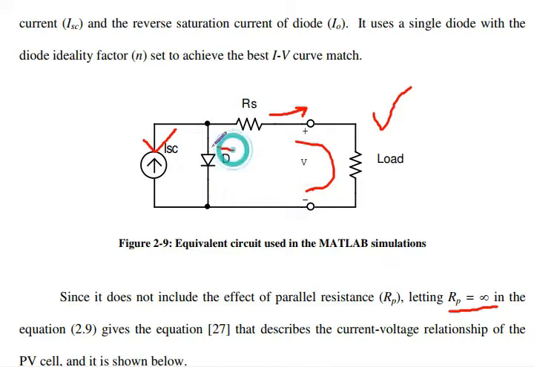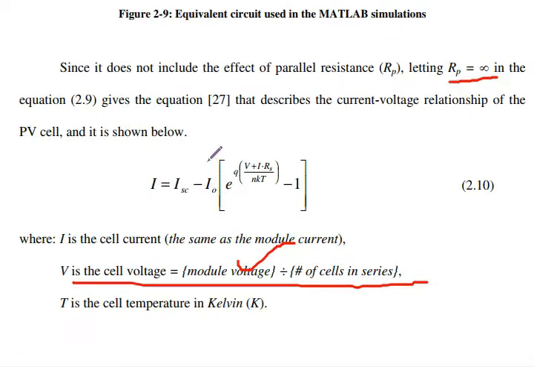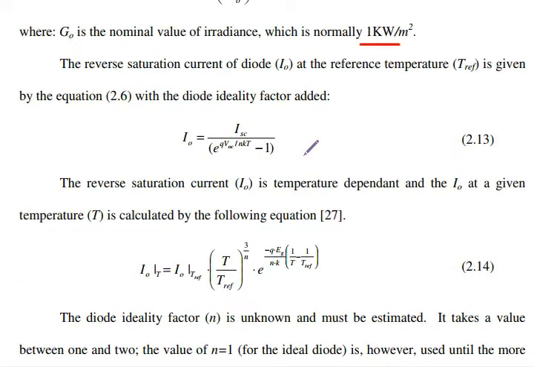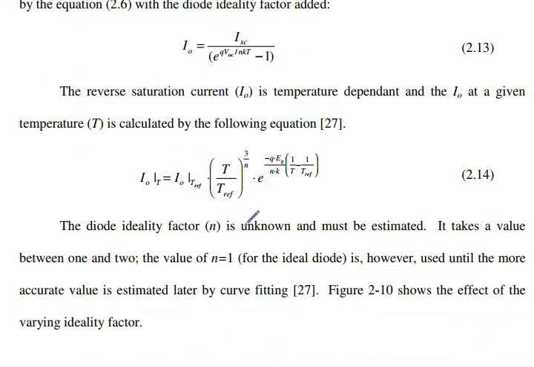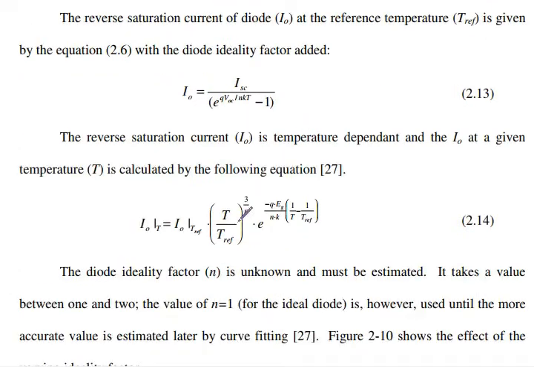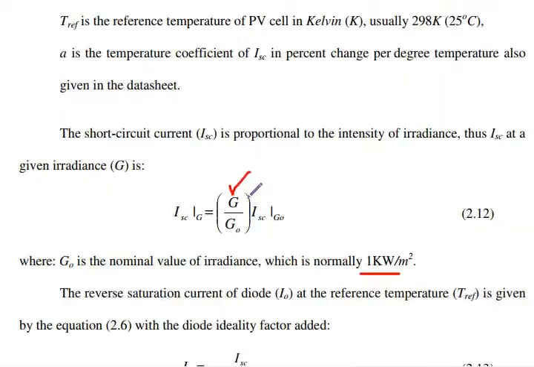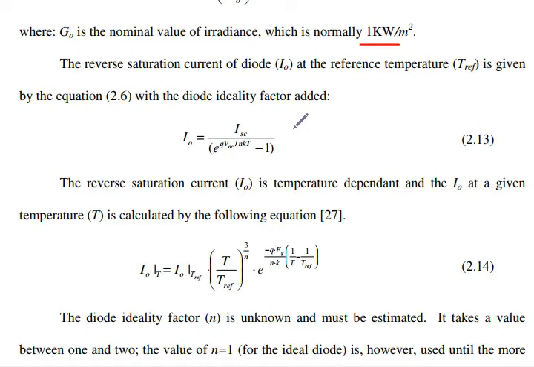So the next thing is to calculate this diode current. The main thing in this diode current is the saturation current, the inverse saturation current. Ideally it is given by this equation, but this inverse saturation current is also dependent on the temperature. As the temperature increases, the current flowing through this reverse diode also varies. So we have to accommodate that temperature variation in this reverse saturation current.